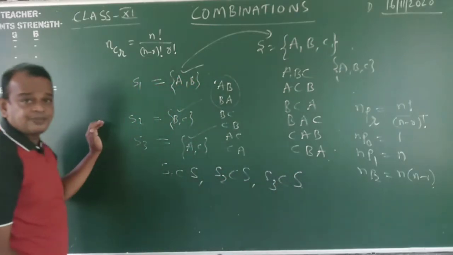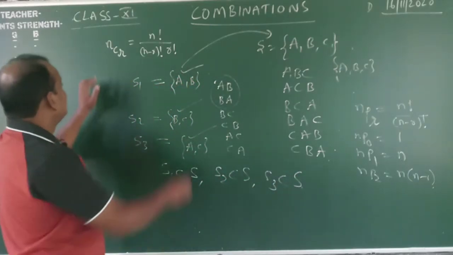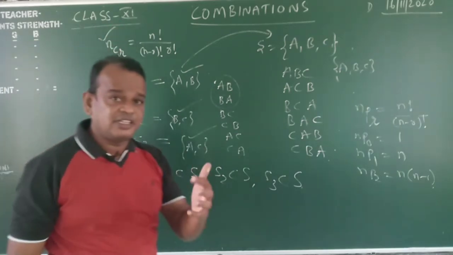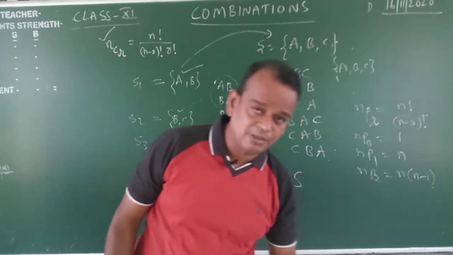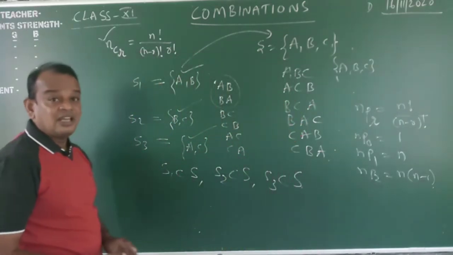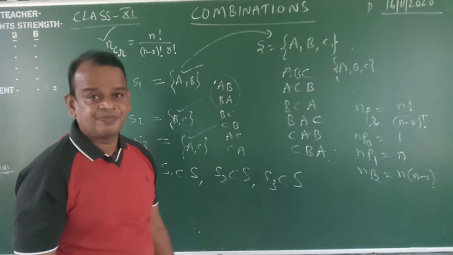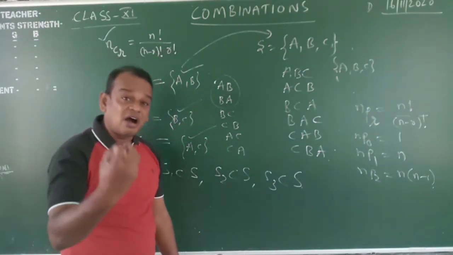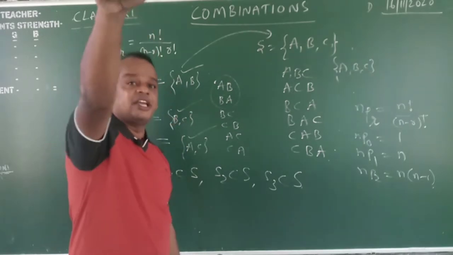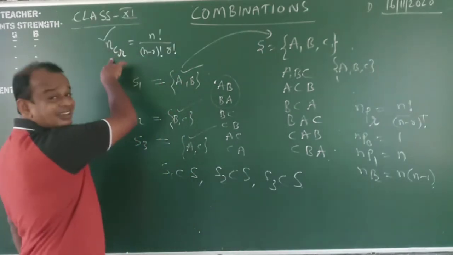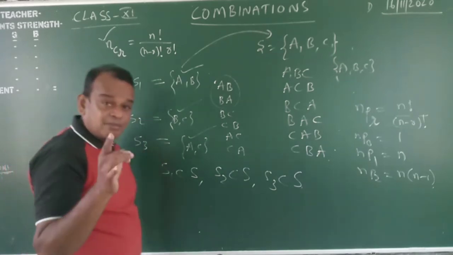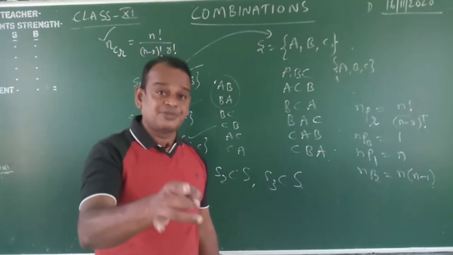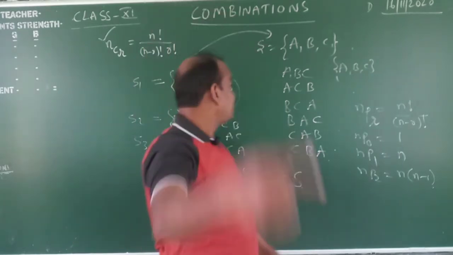Okay, my dear students, what is the meaning of that? This is also defined in another way. This is a selection: the number of selections of n different things taken r at a time is the nCr formula. Now how to define it another way? The number of r element subsets of a set containing n elements is also equal to nCr.